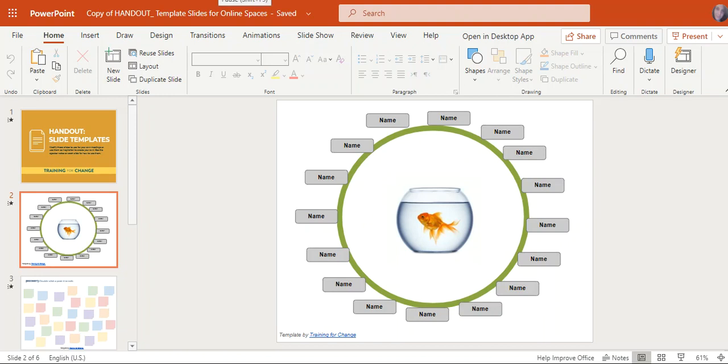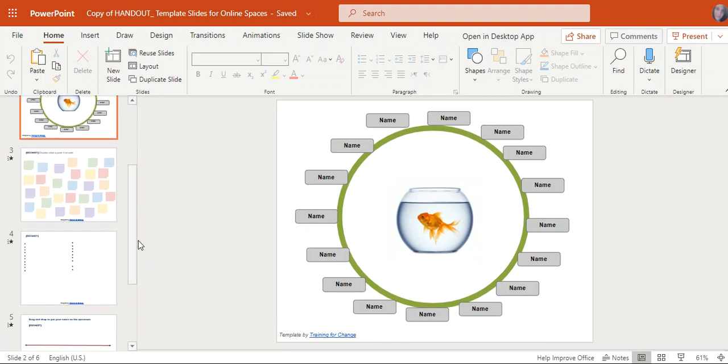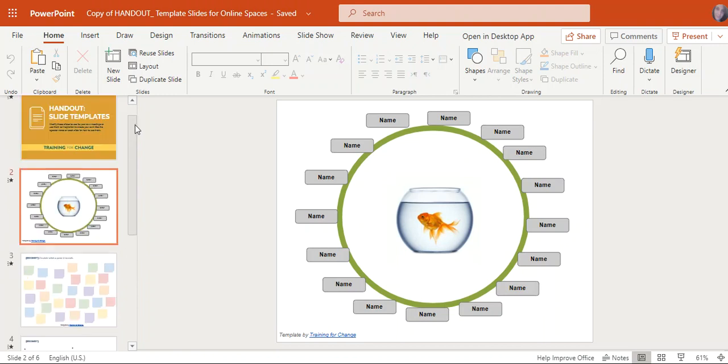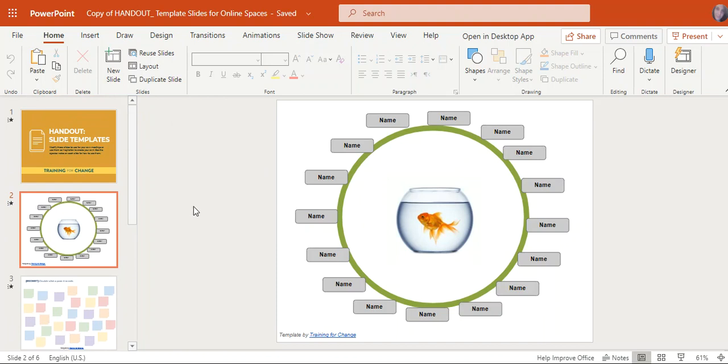This video will show you how to use an interactive PowerPoint with your students if you're working with them in Zoom or another live conferencing site for webinars or for a live lecture. So as you can see here, I have the PowerPoint pulled up in OneDrive, saved on my OneDrive with my